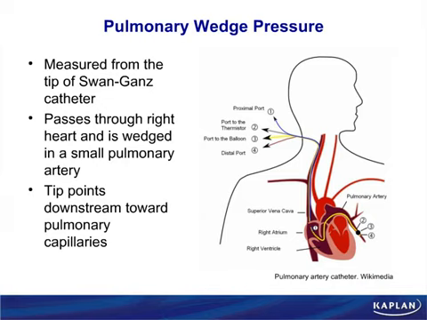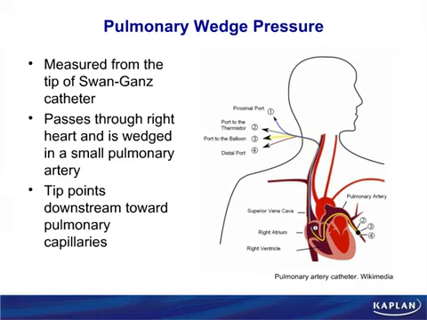Or we can advance it across the tricuspid valve into the right ventricle, and then across the pulmonic valve into the pulmonary artery. Again, that balloon helps direct it. Then what we do is we wedge it in a small pulmonary artery. That's the second bullet point. We wedge it into that small pulmonary artery. We blow the balloon up, and this stops the blood flow to that area. Therefore,